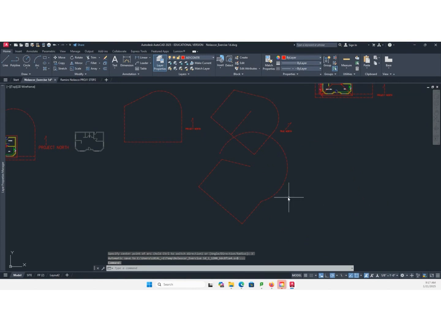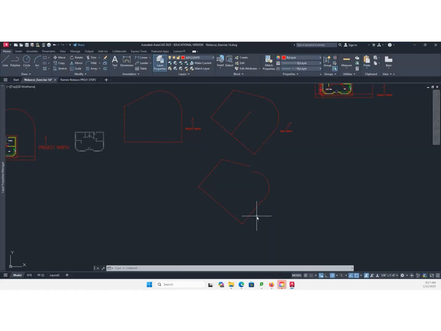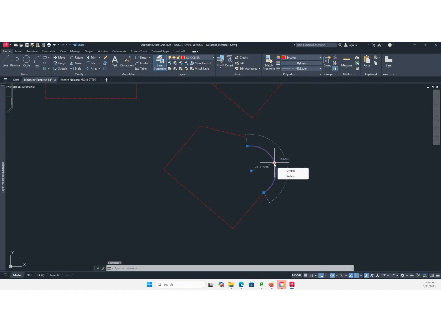Oops, what happened? Something went wrong. Again, arc, start, and then I have to click end. I think I did not click end. So end, and then 30 feet. Now I'm not doing it correctly. Start, end. Let's try that again. Is it 30 feet?